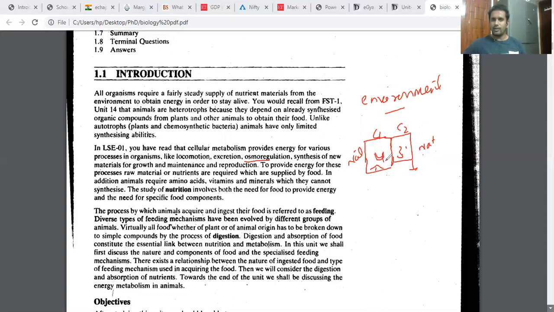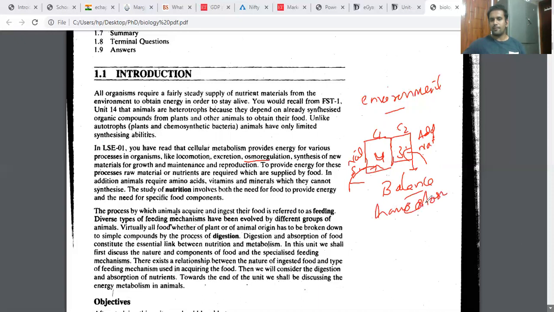The body has 2 choices now. Either the body can take out one Na+ molecule from this area, or it can add one molecule to the other area. Here addition should take place, or here subtraction should take place. Then only will we reach a condition of balance. Homeostasis, we call it as what?